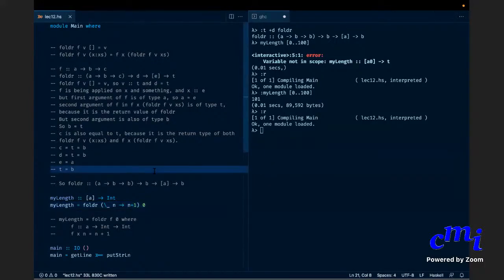Can I ask something? Yes, please. How does Haskell know that the output type of this anonymous function is compatible with folder? Because you're not giving a type definition. Okay, but Haskell, you needn't give the type definition for anything, right? The type definition, we are giving it for our sake, not for Haskell's sake. Haskell doesn't need you to give any type. If you give a type, it will test your understanding basically, whether you have understood it correctly.